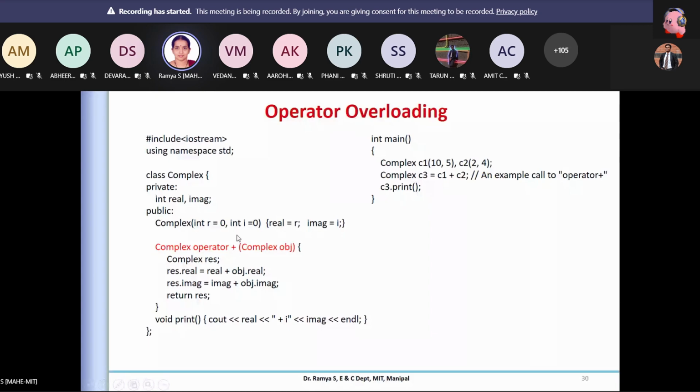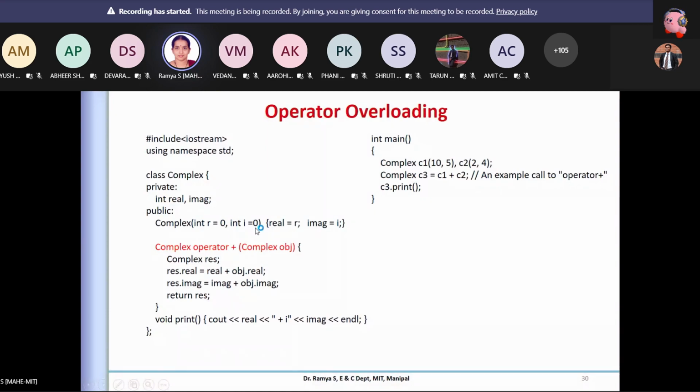So in this program, we are trying to execute that. If you observe here, it is a constructor. What is this concept called? Though it is a constructor, you have something here. What is this kind of information? There is a name for this. Can anybody recollect? Parameterized. It is parameterized, but in the parameterized I'll just use int r comma int i. That is fine. But I have equal to 0. There is some name for that.